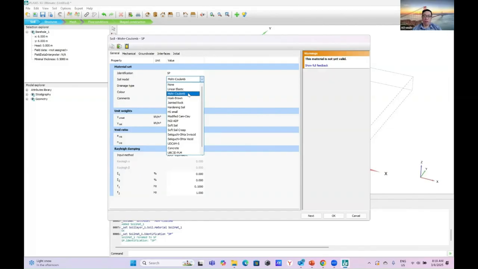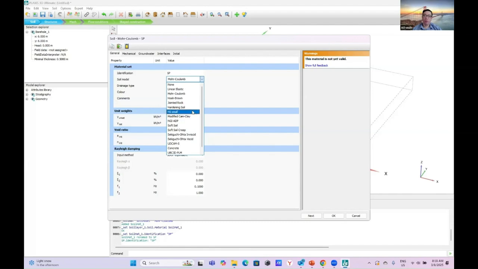The other model, if you have, for example, a large displacement, actually you can use HS small. Large displacement means you have a soft clay, and this particular soft clay has a squat thick. Of course, if your soft clay is only 1 meter, 2 meter, you still can use Mohr-Coulomb.